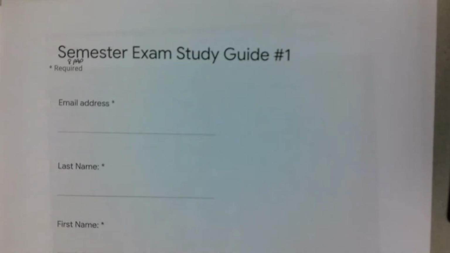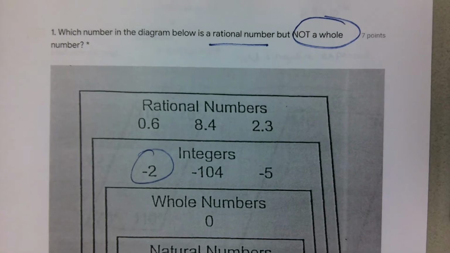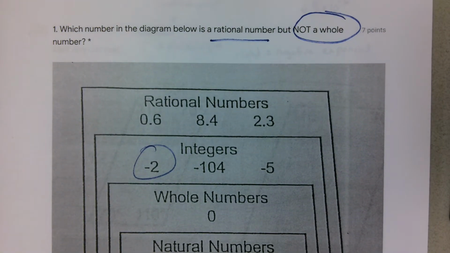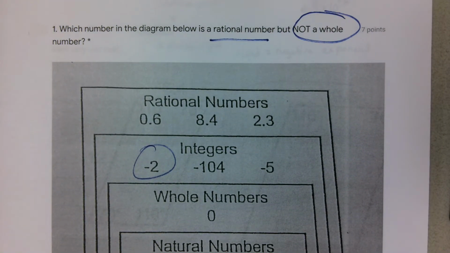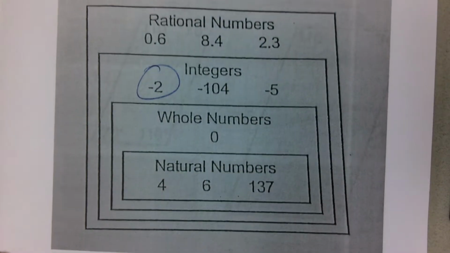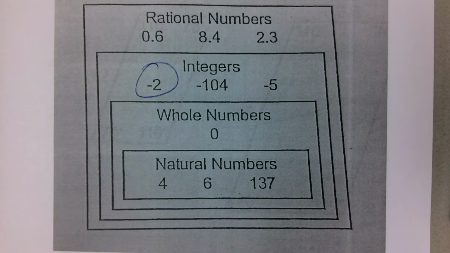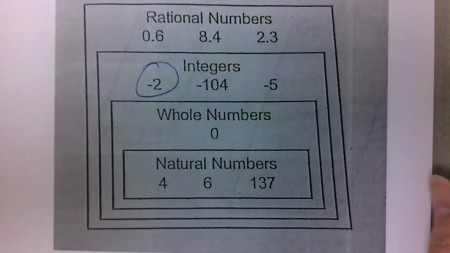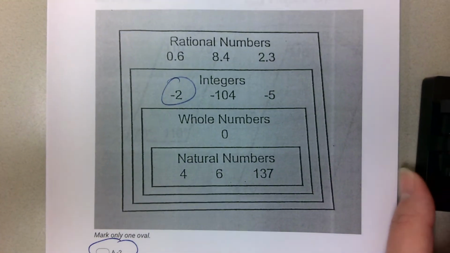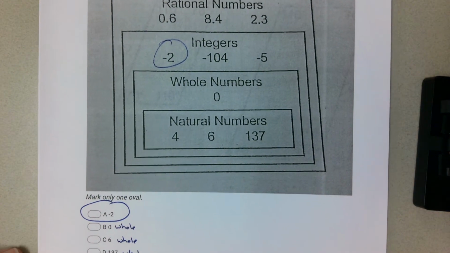Today we're going to look at the semester exam study guide number 1. First question, which number in the diagram below is a rational number but not a whole number? So we're looking for something that's not whole. Here. All right, so